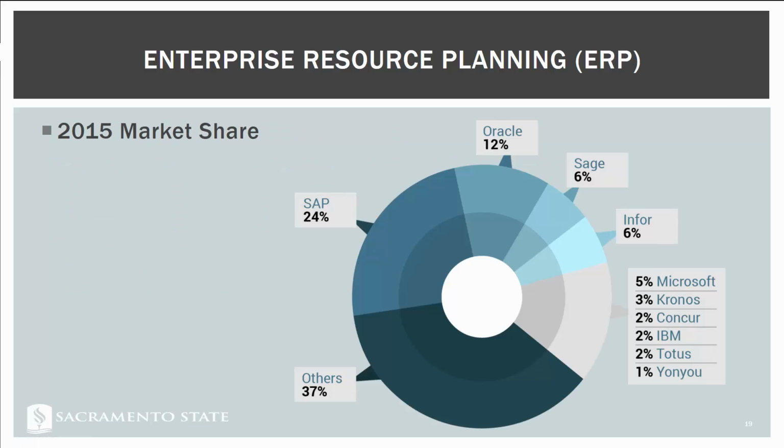All right, so I mentioned that SAP is the largest ERP vendor. This data is a couple years old, but it's still fairly close. Microsoft has been making some fairly decent gains in the enterprise space in the last little bit. They probably have gone up just a tick or two, but SAP is the largest provider. Oracle with their PeopleSoft product is next, and then there's ones that are a little more specialized. Sage and Infor and Kronos, Concur, those tend to be a little industry specific. Microsoft's also kind of a general one, but SAP is kind of the big